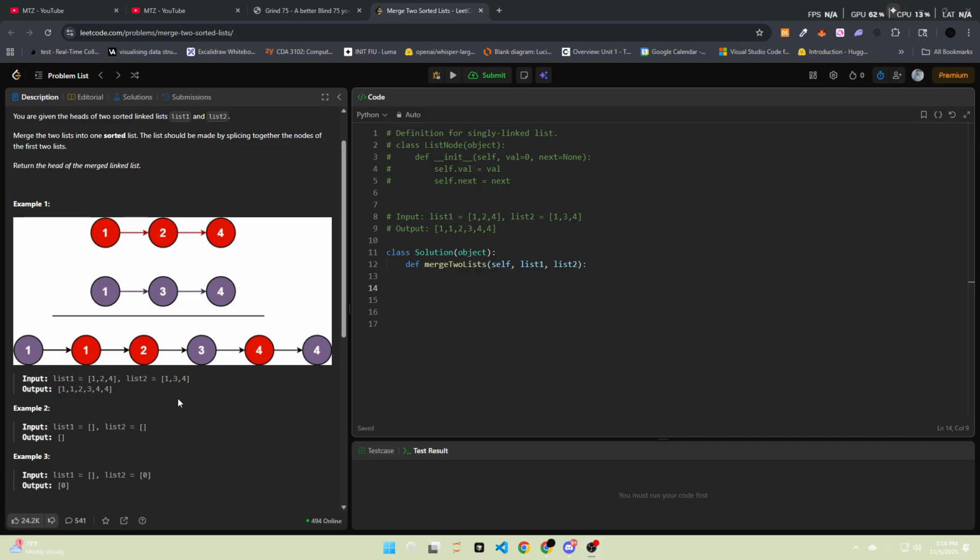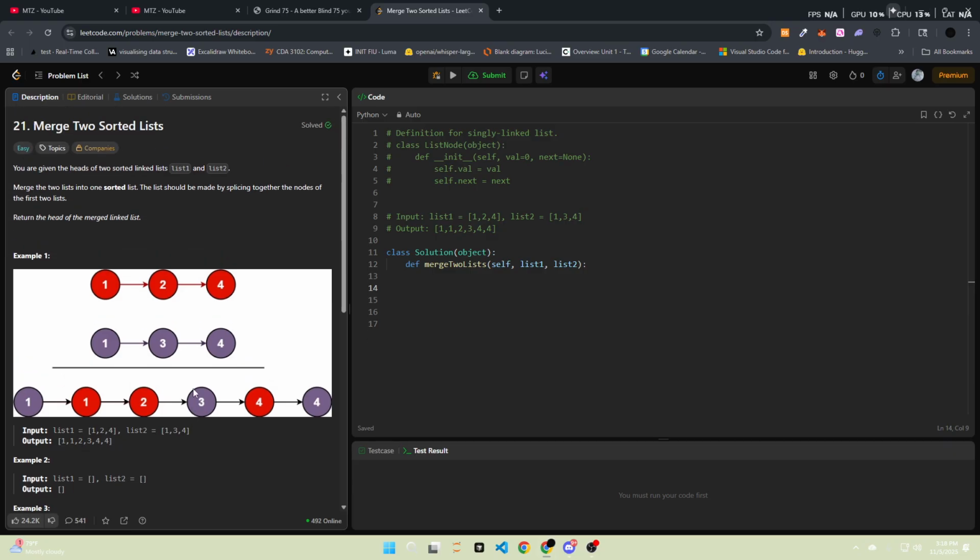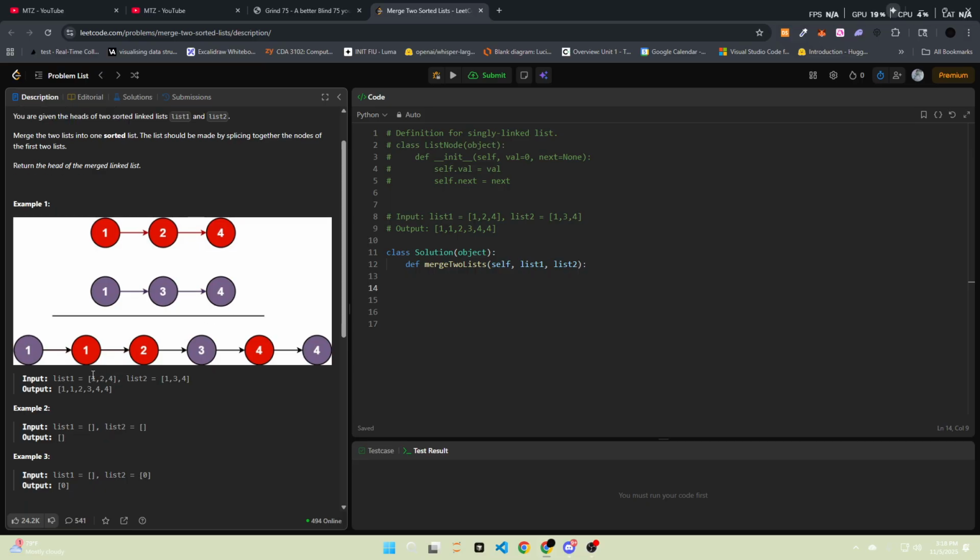So if you take a look at the examples, list one is 1, 2, and 4, and list two is 1, 3, 4. So they already have those values. And it's basically just asking to merge them in one sorted list. So that's a really key word, the sorted. So we need to make sure that when adding the values together, the lowest go first